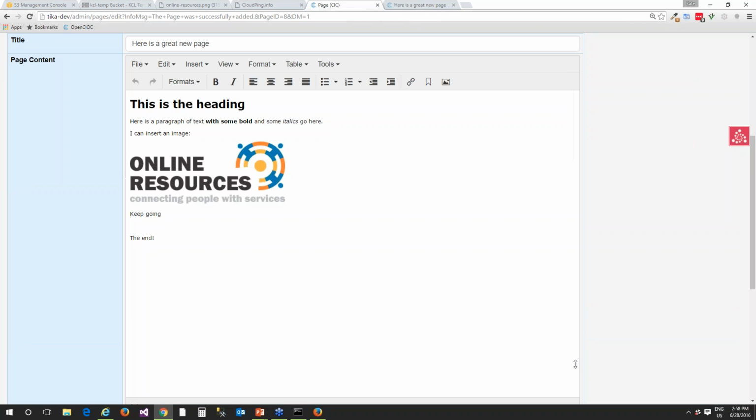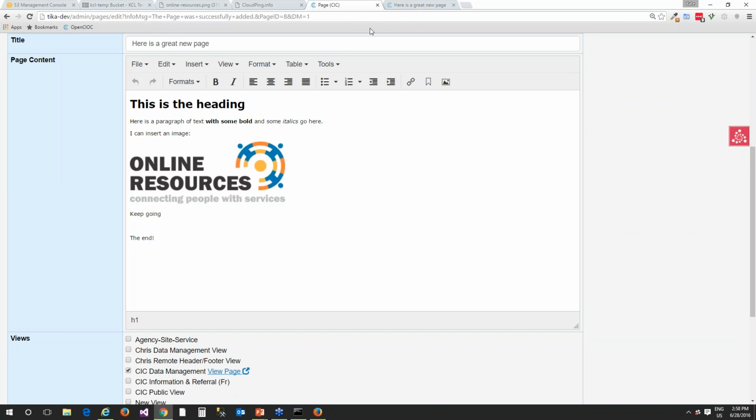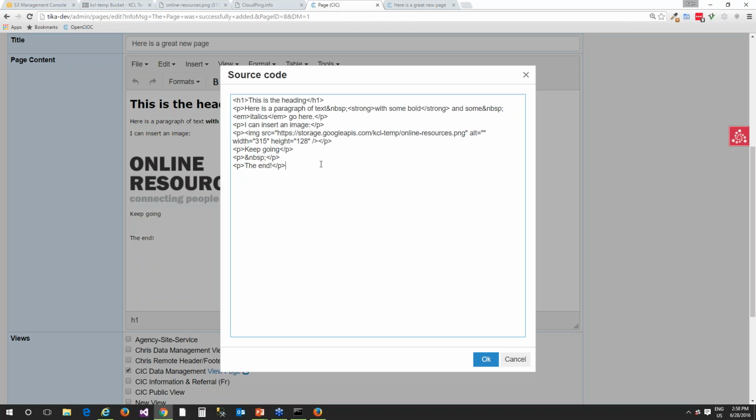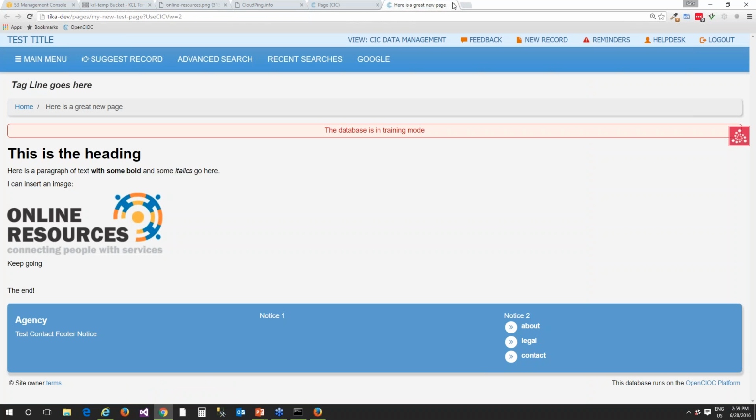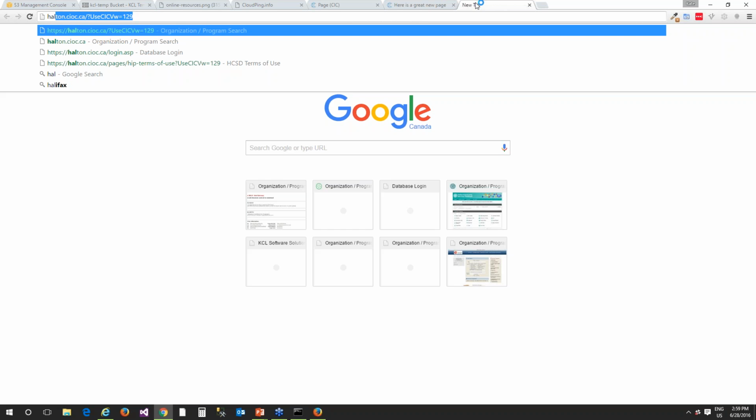If you want to do really complicated HTML, there is a source code option that lets you directly edit the HTML. And that means if you do have someone with web developer skills, you can do advanced features, including taking advantage of many of the special tools that are built into CIOC for formatting. So for example,